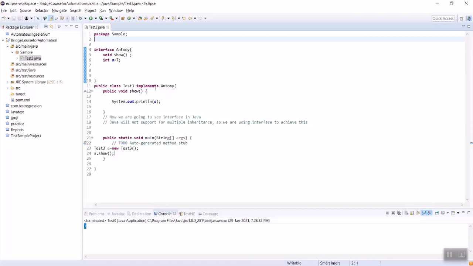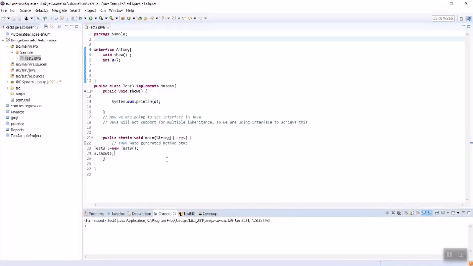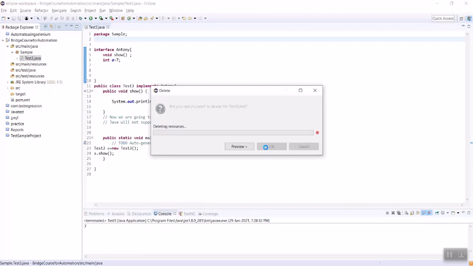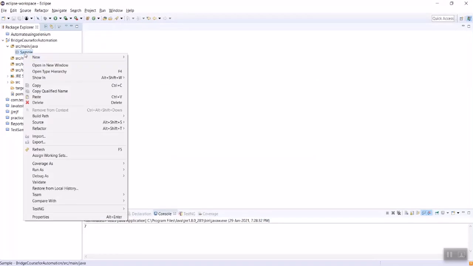Here we are using the package sample at the top of the program, it's available, as we have created this class below the sample package. Then next, right click, let's remove it. Then we'll go to another example.